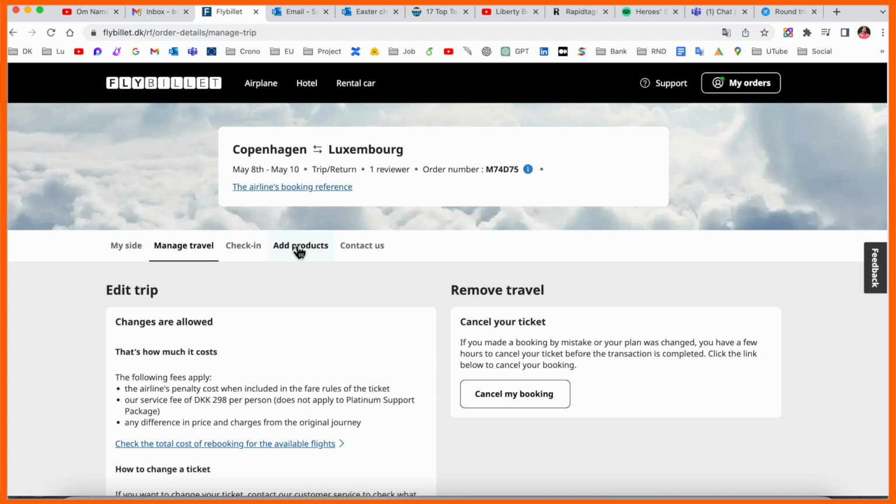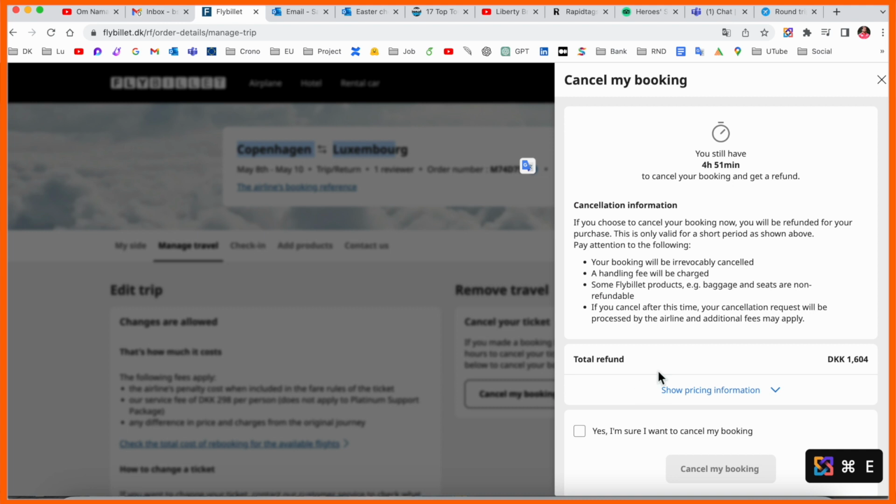Okay, look at this, this is the website. I have already logged in with my username and password. My flight is Copenhagen to Luxembourg, 9th and 10th May return flight, and if I click here to cancel, look at this, I have some time, like today morning